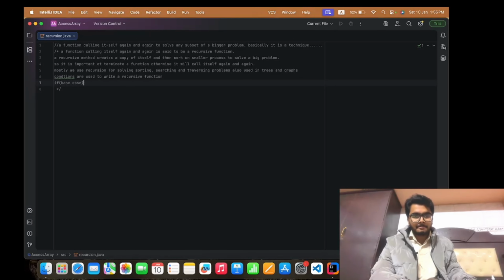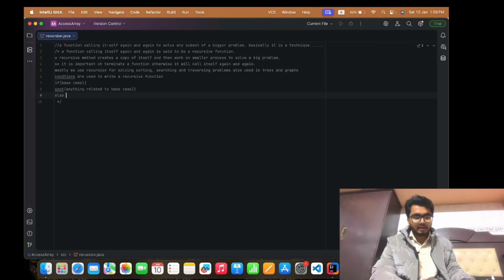Then you will add something like System.out.print, and print something related to the base case. Then in the else condition you will return some value, which will be the recursive call.